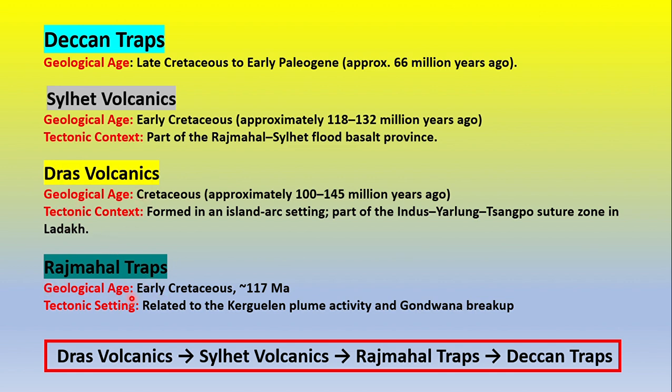And Rajmahal trap actually erupted in early Cretaceous, related to the Kerguelen plume activity in the Gondwana breakup. Remember this plume. Which plume is responsible for the Rajmahal trap eruption? The Kerguelen plume. And remember this important order from oldest to youngest: Dras volcanic, then Sylhet, then Rajmahal, then Deccan. Rajmahal erupted just before the Deccan. So Rajmahal is the earliest manifestation of the Deccan. Now next,